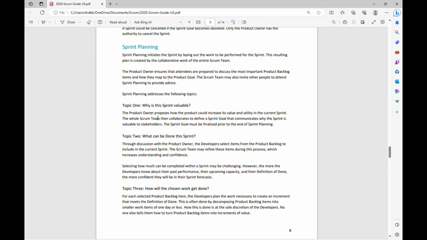The product owner proposes how the product could increase its value and utility in the current sprint. The whole Scrum team then collaborates to define a sprint goal that communicates why the sprint is valuable to stakeholders. The sprint goal must be finalized prior to the end of the sprint planning. So